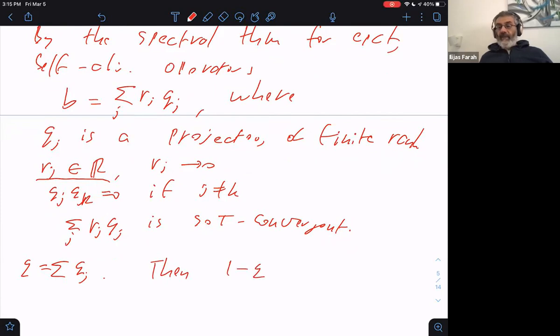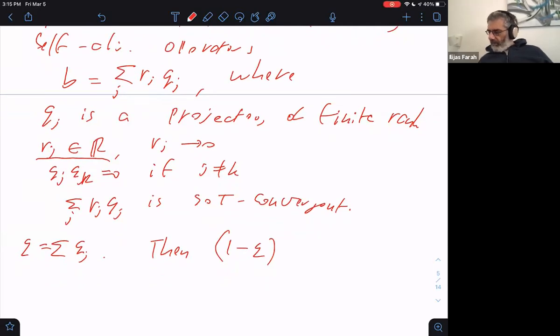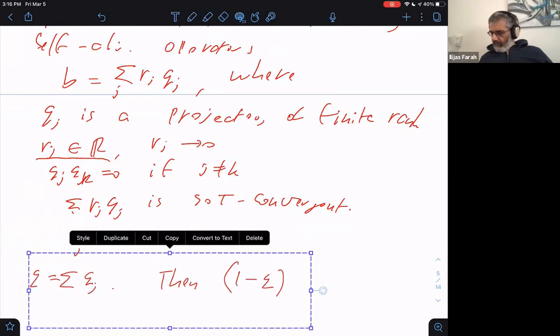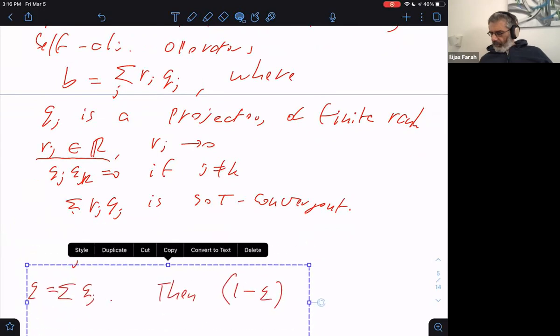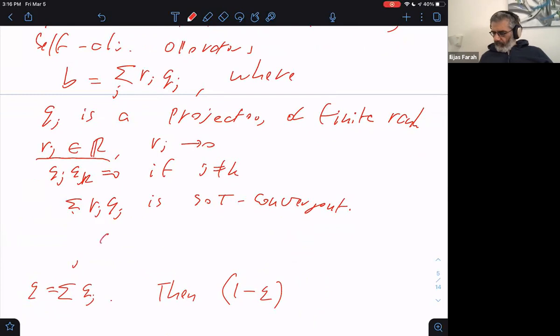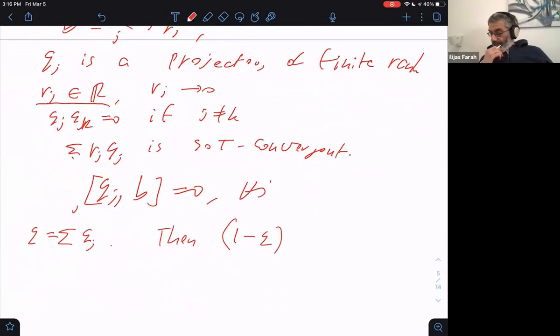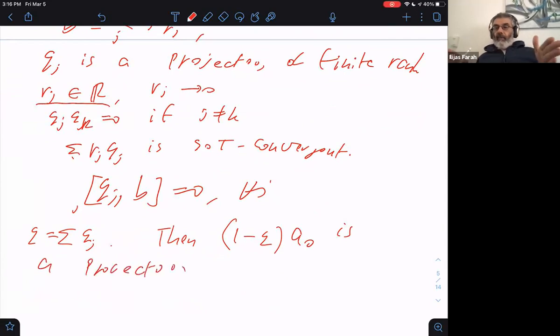Oh yes, by the way, note that all of these projections commute with B and with A0. So then 1 minus Q, actually, let me just write it down. So Qj, okay. Spectral theorem doesn't talk about A0, but it talks about B, so the Qj commute for all j. Right, then 1 minus Q times A0 is a projection. Why? Well, because Q commutes with A0, and all the,